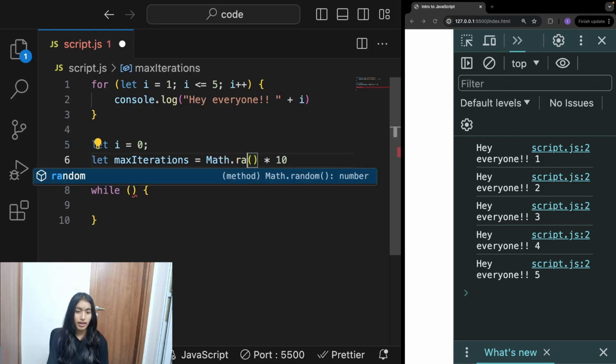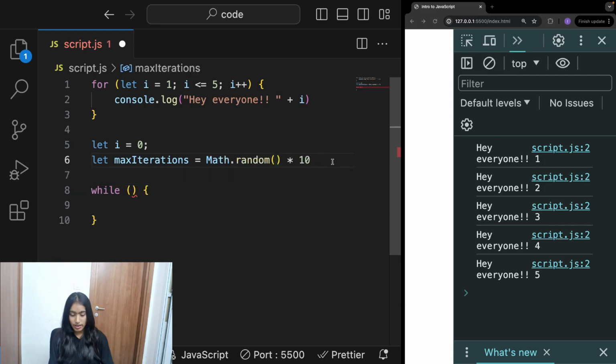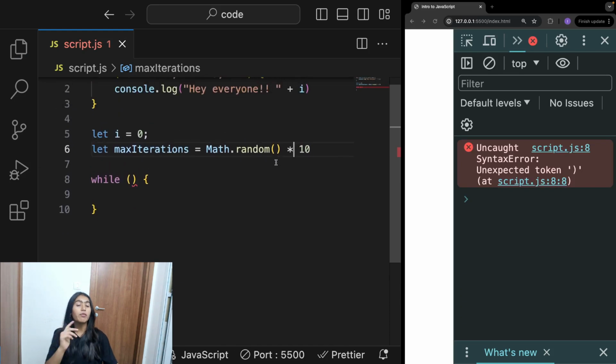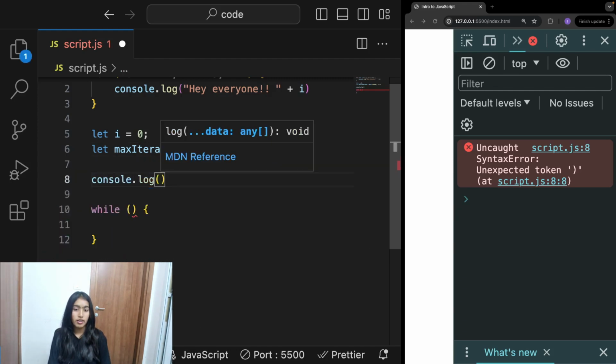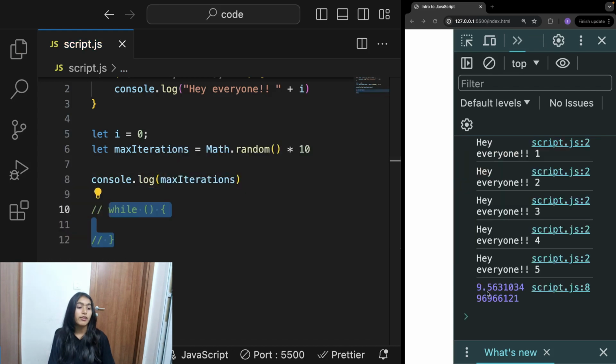So Math.random. You might be wondering what Math.random is. Math.random is an inbuilt JavaScript function which allows you to generate a random number. For example, if I show you on the console tab, you can see a random number being generated every time.